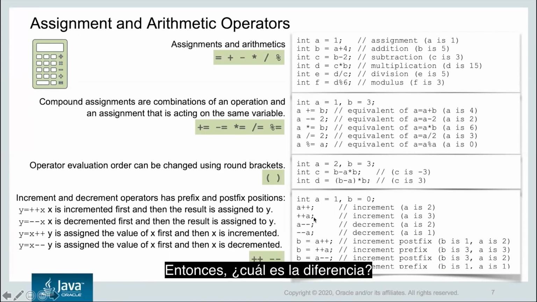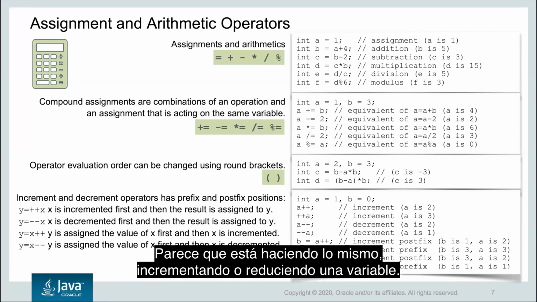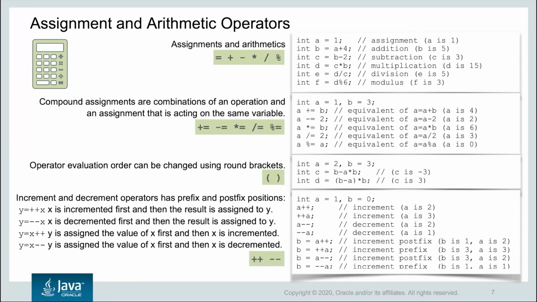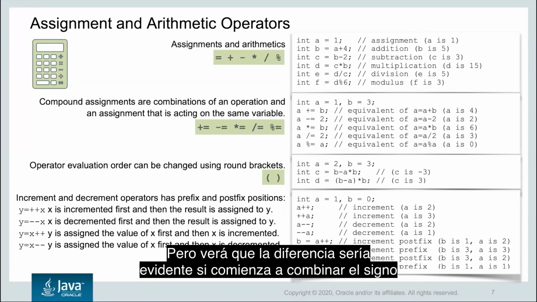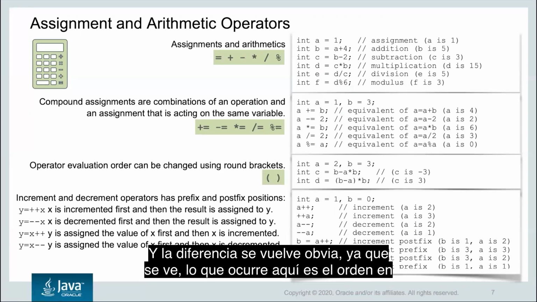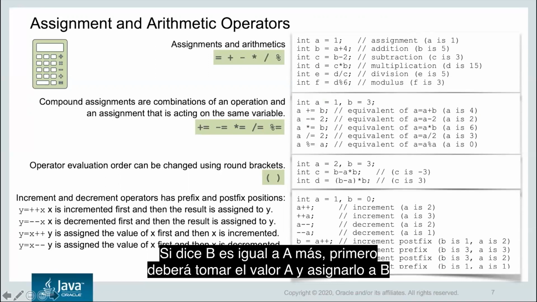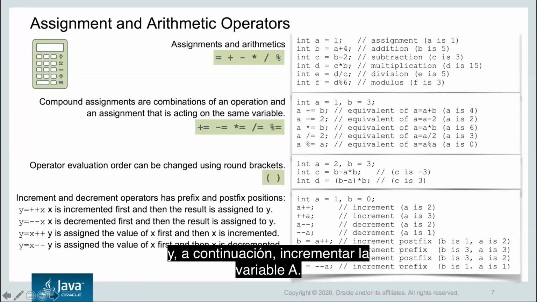So what's the difference then? Why do you have this prefix and postfix notation? It's similarly doing the same thing, incrementing or decrementing. But the difference becomes obvious if you start combining the plus plus and minus minus with assignment in the same line of code, because the order in which you do things matters. If you say b equals a plus plus, then you will first take the value, assign it to b,